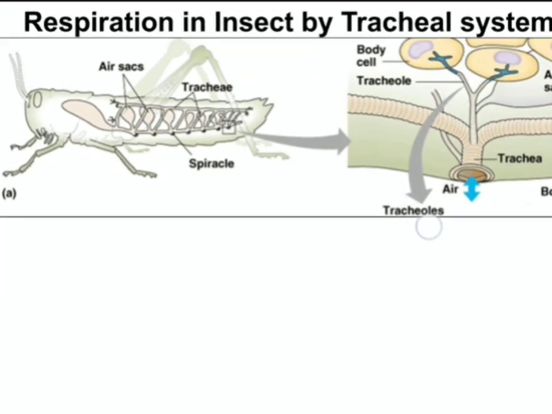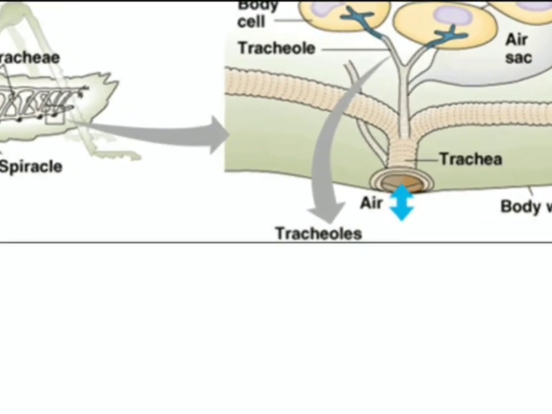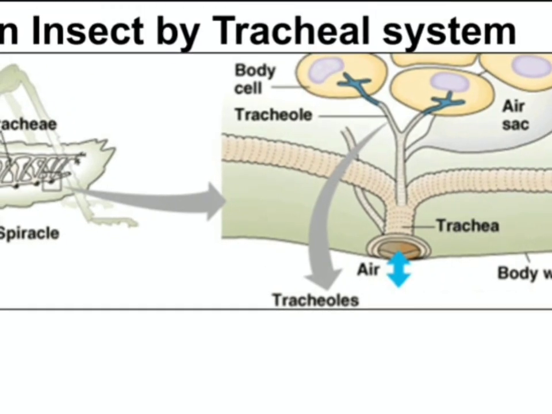Here you can see, first of all air will move into the spiracles, go into the trachea, and go directly to the body cells. Here you can see the air going directly to the body cell, where it will do the breakdown of the glucose. Otherwise the air will get collected in the air sac also. After the inhalation, the second step is the exhalation, in which the air from these cells, that is the CO2 and everything, will be collected in the air sac and expelled out again through the spiracle. So this is what happens in the tracheal system.